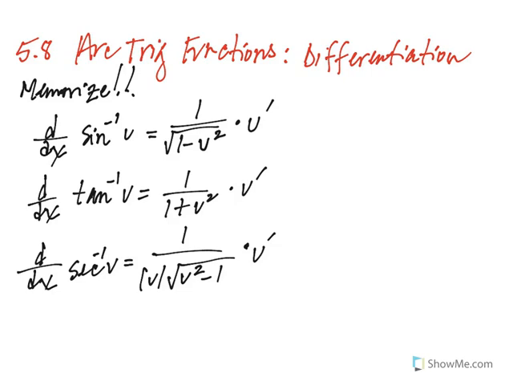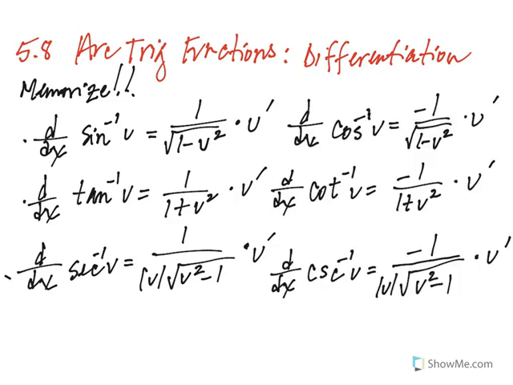So the nice thing about this is that the cofunctions are just the negative values of these three. All right, so to save a little time, I've already filled those in, but you'll notice that the sine and the cosine are exactly the same, except the cosine is negative. Ditto for the tangent and the cotangent, the secant and the cosecant. Those are all arc functions. The cofunctions are all negative. A couple of things about this that are a little confusing, and again, you can pause this to get that down in your notes if you like,